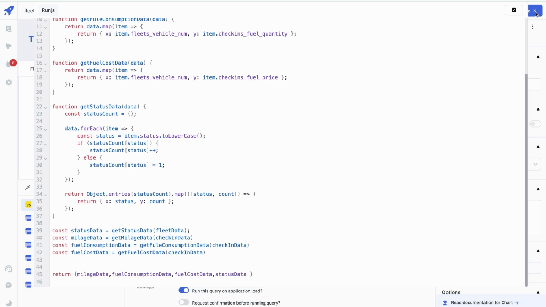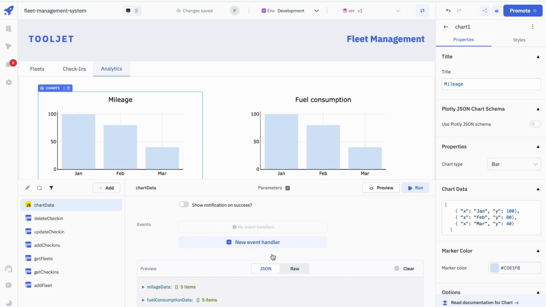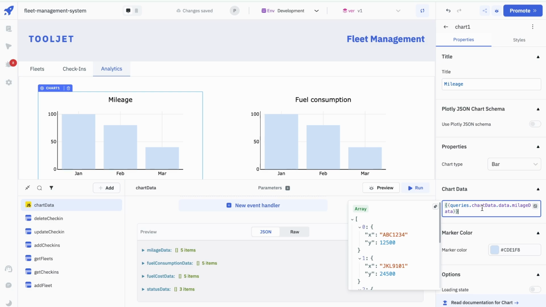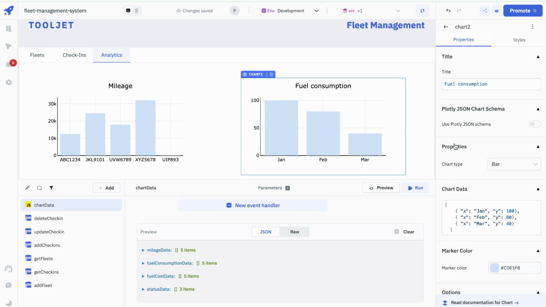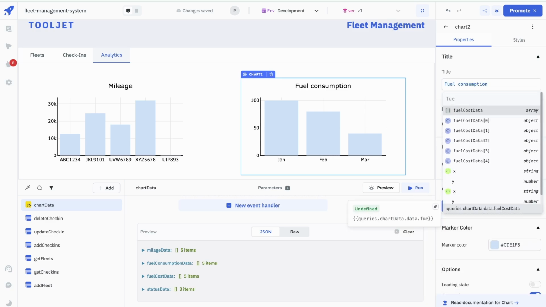Okay, now we just need to return all of these. All right, now we can just run this once. Okay, we are getting all the data here. Yeah, now let's quickly connect them to all of these charts. Okay, let's start with mileage data, this one. So I can go to chart data and just put queries chart data and mileage data. And now if you check this, you can see the mileage for each of these. Yeah, similar to that, let's add for fuel consumption. This is for fuel consumption,